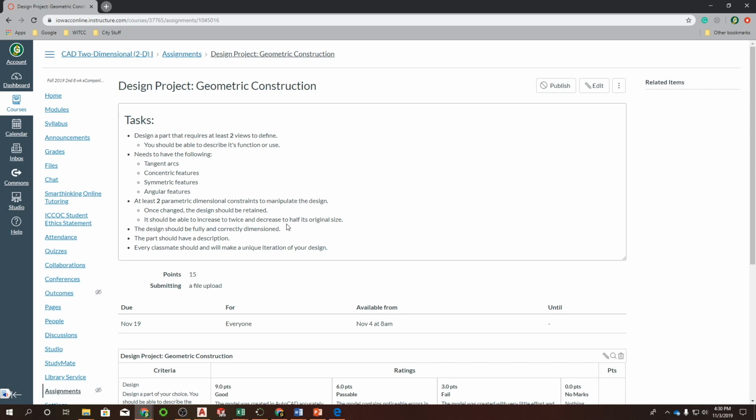I'm assigning you a design project that should challenge your understanding of parametric drawing and geometric construction. You'll be in charge of coming up with the design. If you cannot come up with anything, there's a lot of examples online that I'm sure you can find. Once you have your design in mind, you'll put it into AutoCAD, and it will need to have at least,